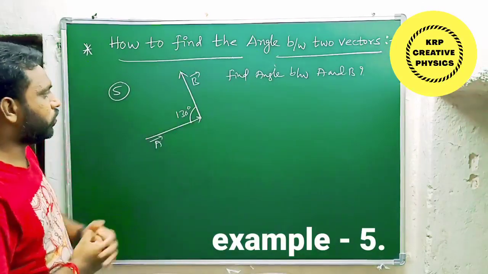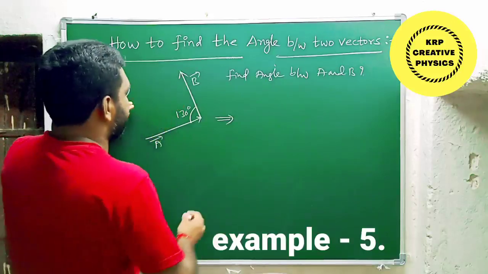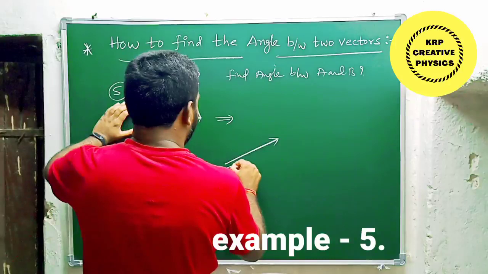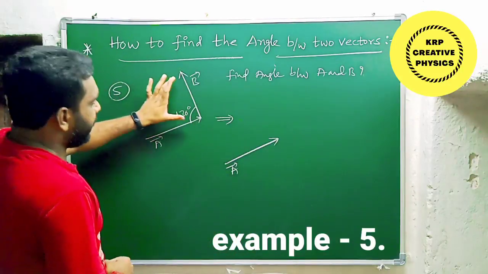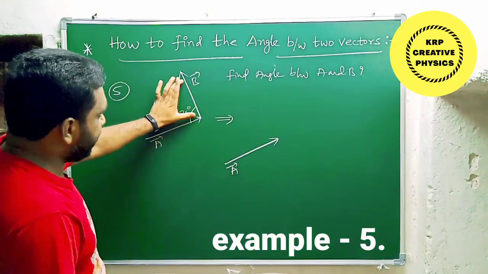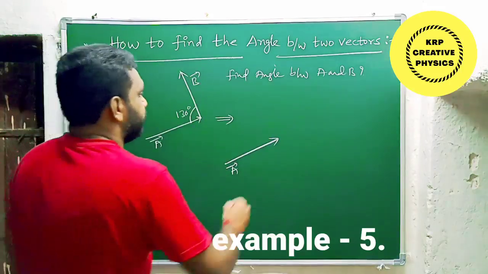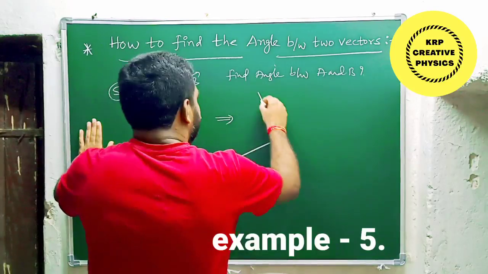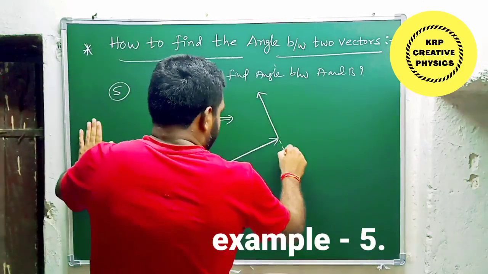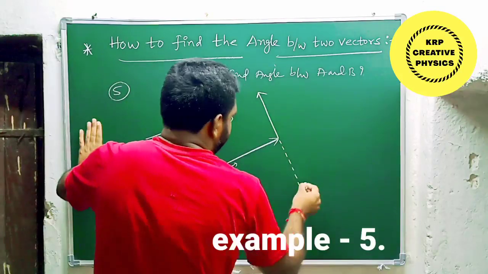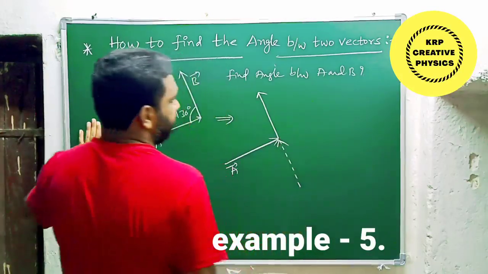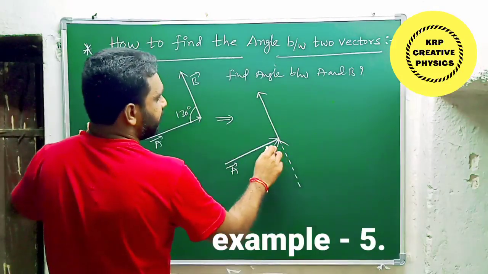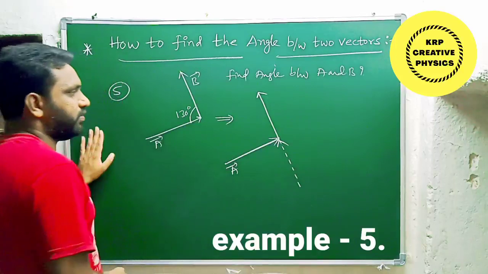So in that way we need to redraw the diagram. Now I am going to redraw this diagram here. Redrawing means I am drawing vector A just as it is, with no changes. But here I am going to extend vector B backside. In this way I am going to extend it. So this is the actual vector. I am extending vector B, so now it becomes the head. The head will come to the downside. Now we can consider the angle between these two heads. So that is a proper angle.